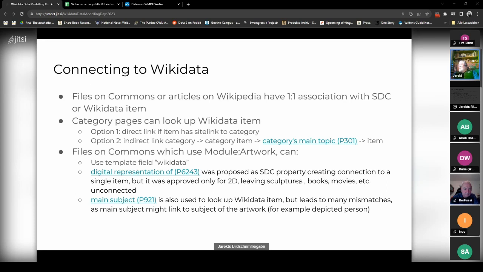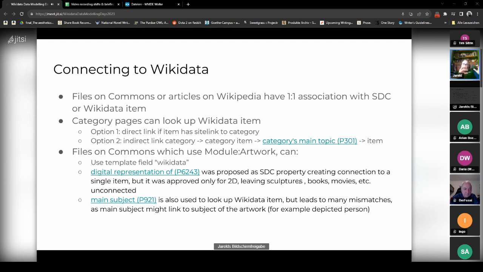That leaves sculptures, books, movies, and other things where it's unclear how to connect those files to Wikidata. So sometimes we try to use main subject,